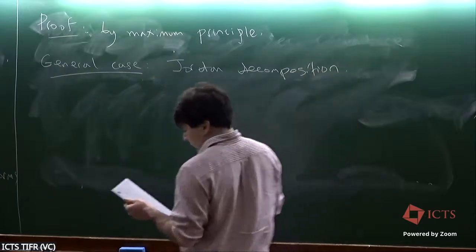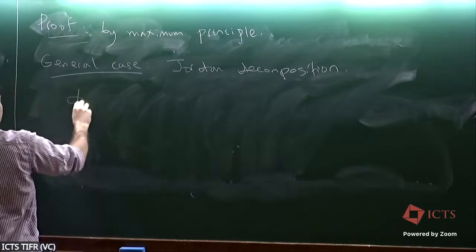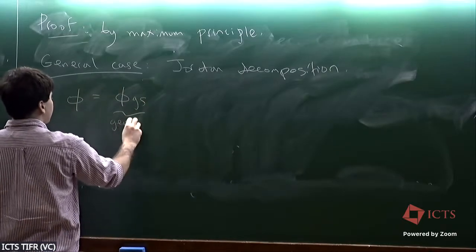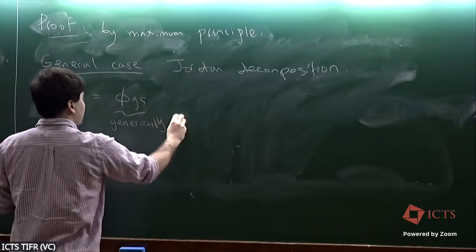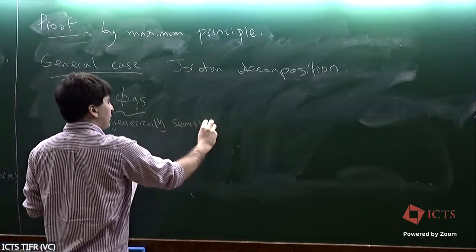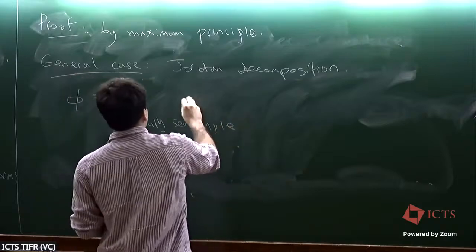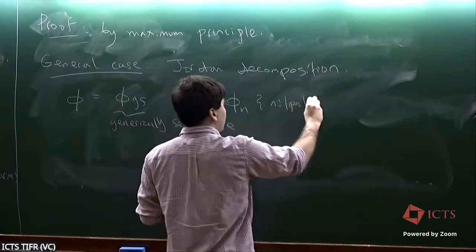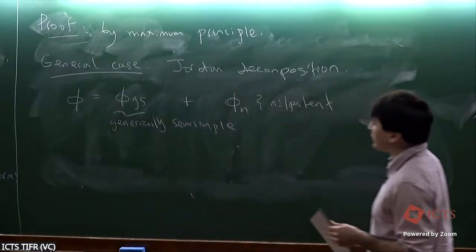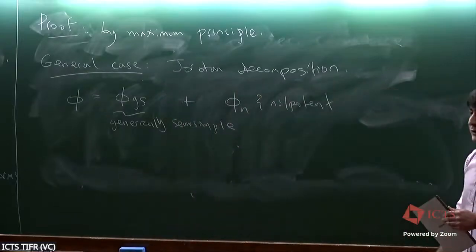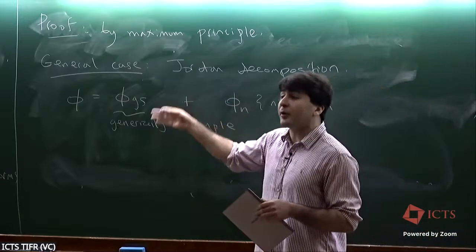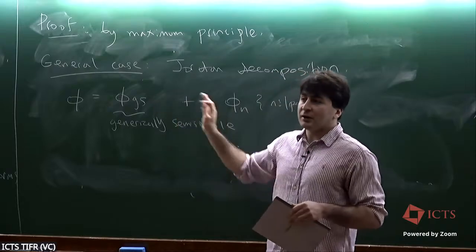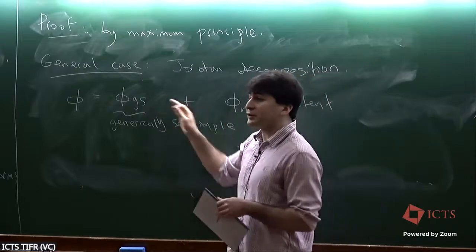And so one can write your Higgs field uniquely as a generically semi-simple Higgs field and a commuting nilpotent Higgs field. So there's something delicate happening here. The naive thing to do is take the semi-simple part in each fiber, but if you do that, these won't even be meromorphic. But it turns out there is a way to canonically split a Higgs bundle